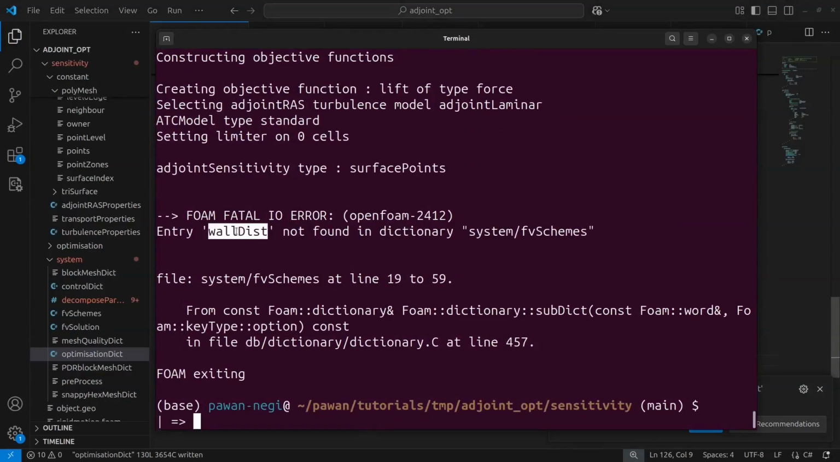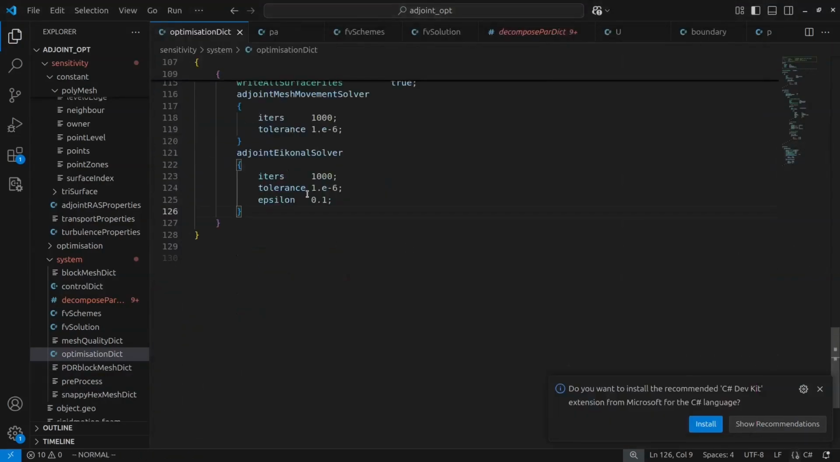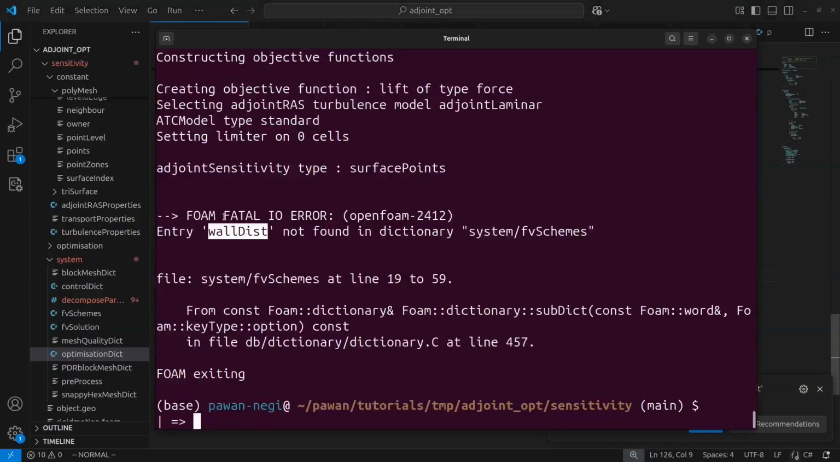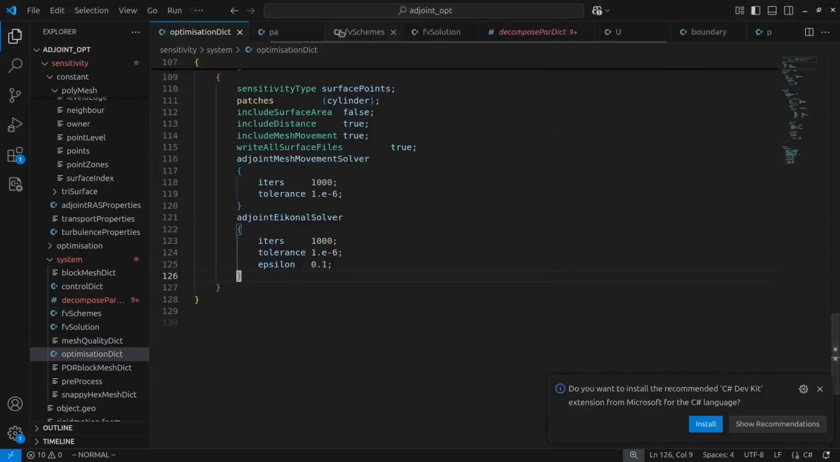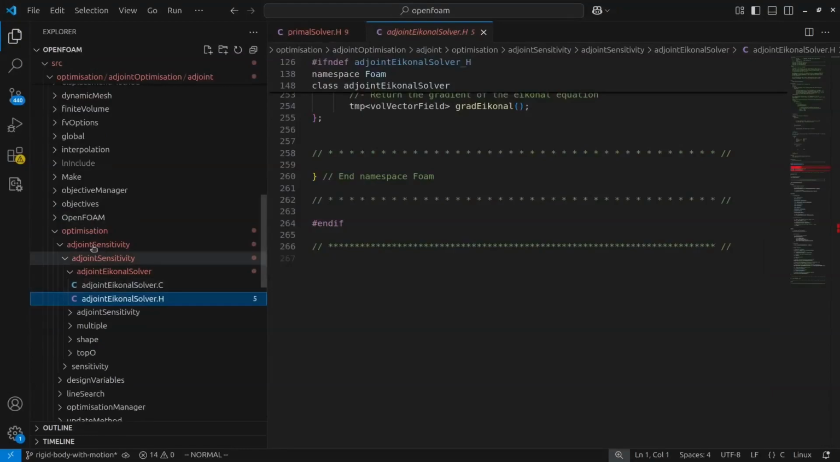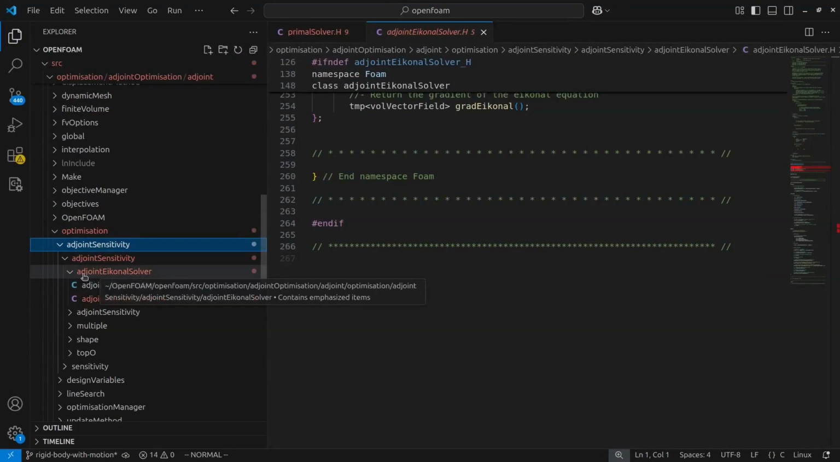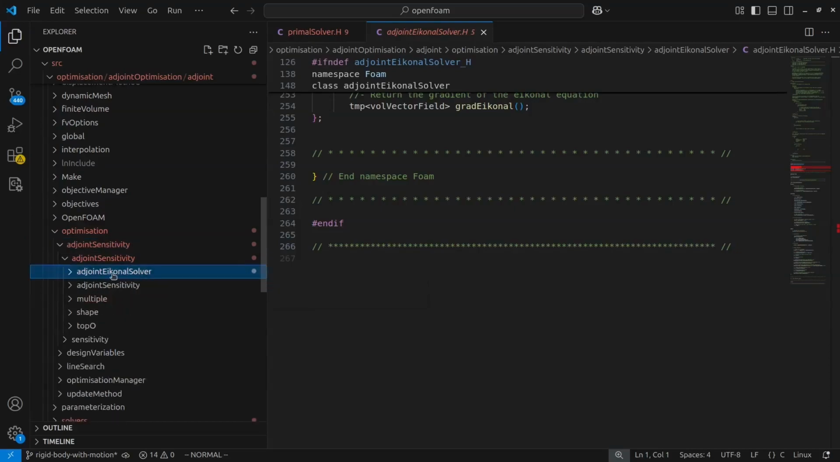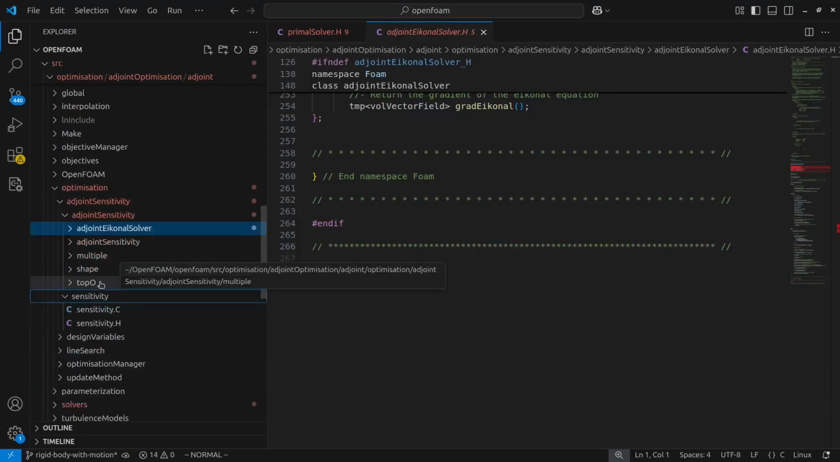Wall dist is not found. Since we are doing this, I think that's why it requires the wall distance. We have to pass the wall distance as well. So this is the wall distance solver that we need. Here in the adjoint sensitivity, you can see that we have this adjoint eikonal solver, and we cannot find the